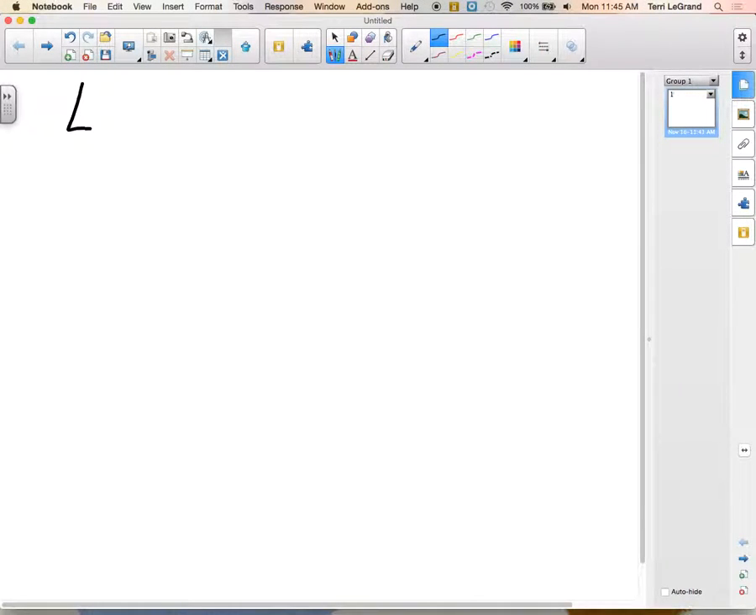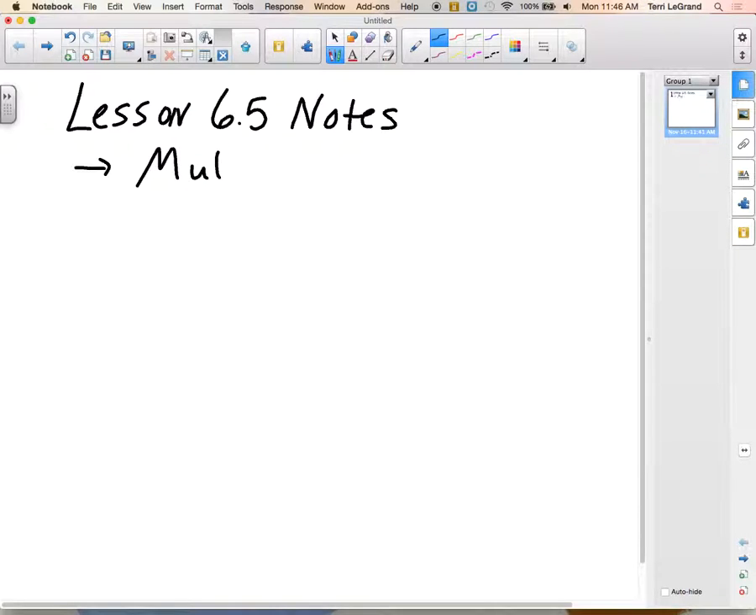First of all, lesson 6.5, so that you know when you look on this page in your notebook, what is it? And we're going to show what is the skill, what is the learning goal that we have today. It's called, our learning goal is multiplying